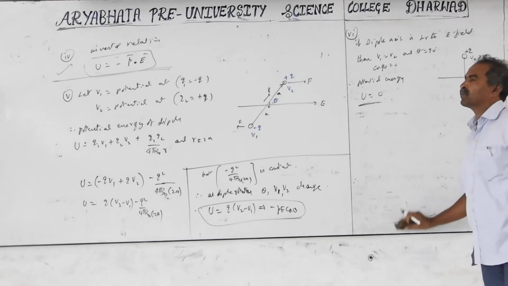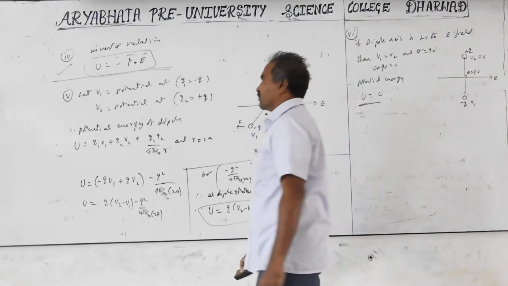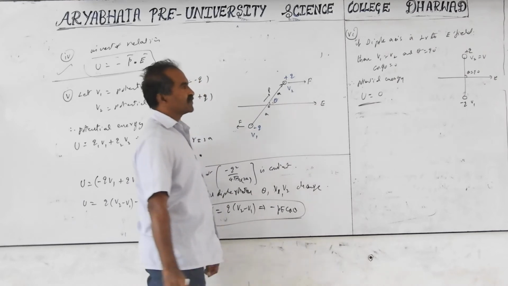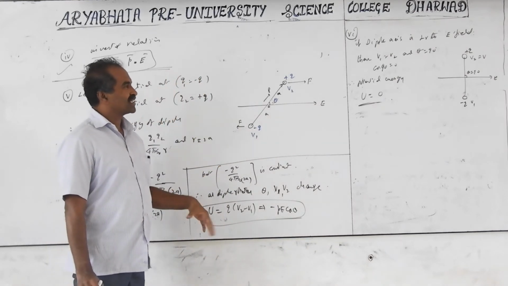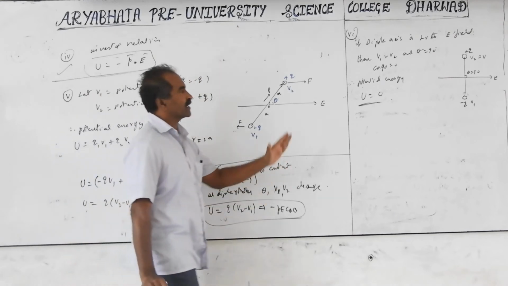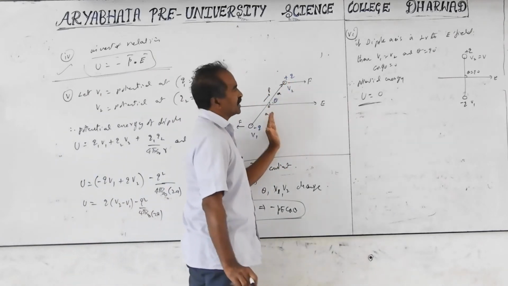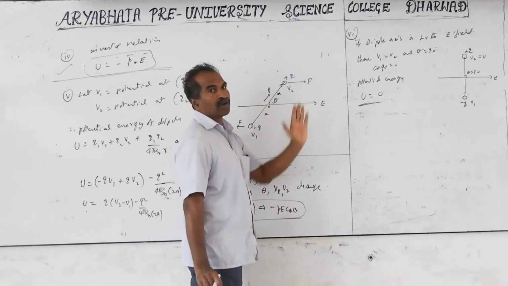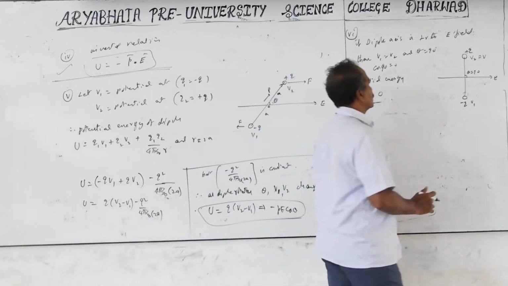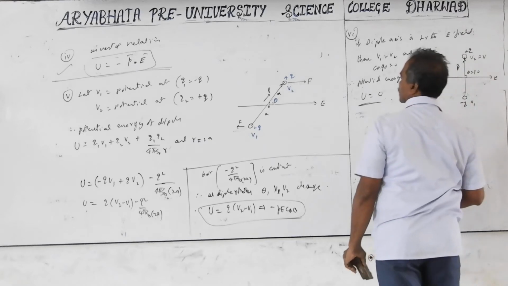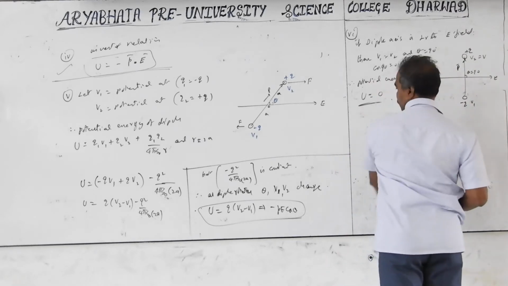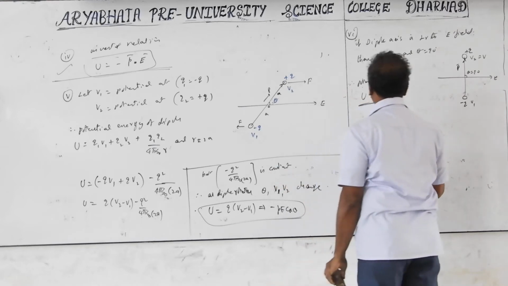Because for any angle, you have to start from 0. Any potential you take, you take a reference potential with respect to 0, infinity or onwards. The potential here is how much with respect to 0 value. So here also we are taking it with respect to 0 only, to consider what is the potential energy. Which one is 0? Theta equal to 90 degrees only. You will find that potential energy equal to 0.